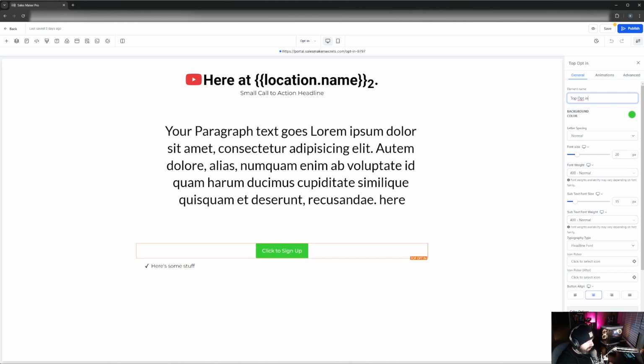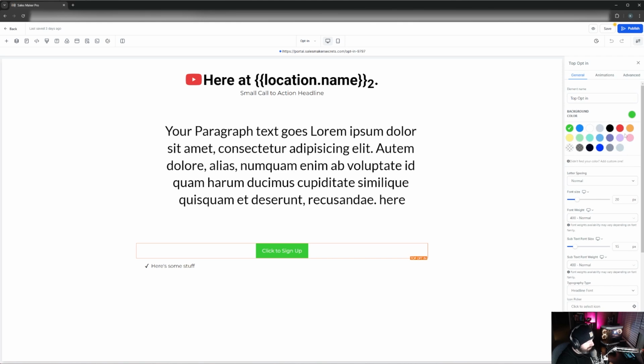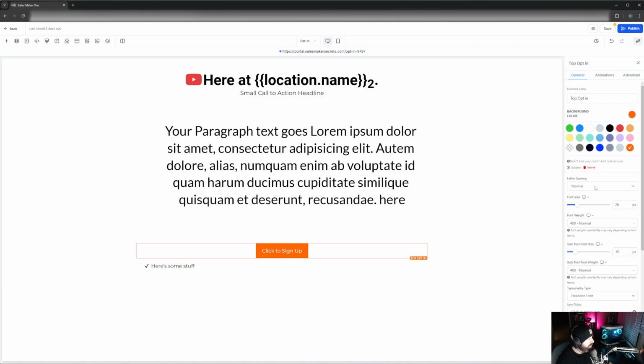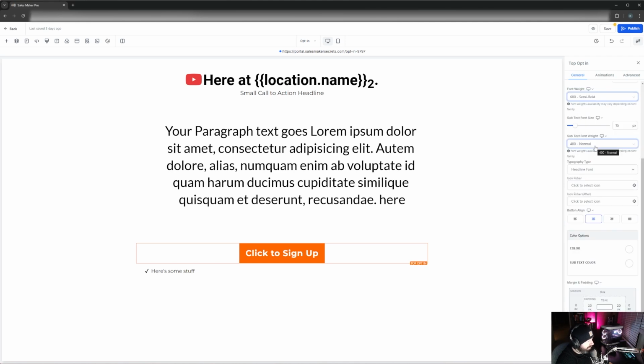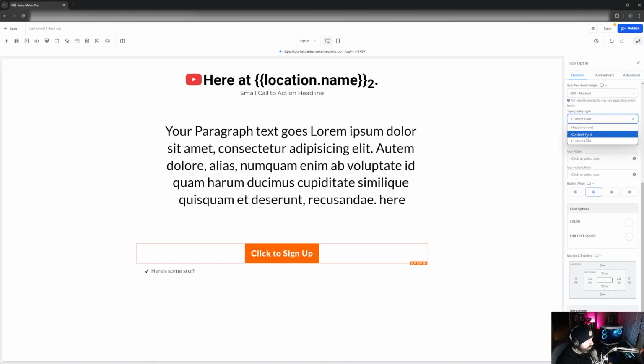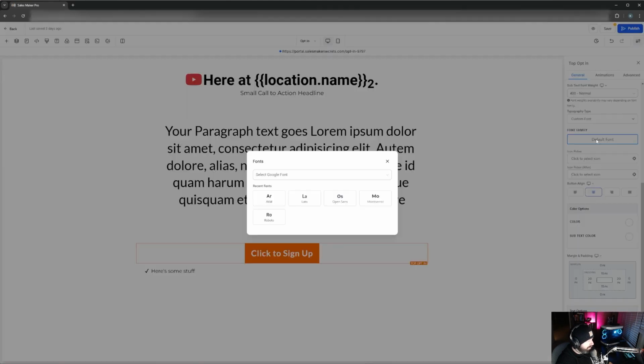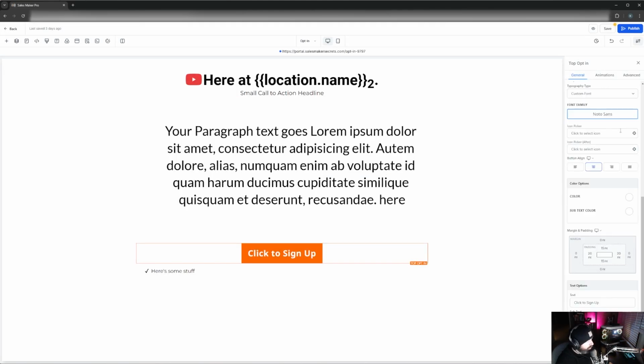We can change the color of the button by clicking on the background and selecting a color, or selecting Add a Custom One, where we can add the hex code and click Add Color if we want to use one of our brand colors. We can change the letter spacing, the font size, the font weight, if there's subtext, the font weight of the subtext, the typography type, which we can change to content or custom and select one of the Google fonts. We can use the icon picker to add an icon to the button before or after,